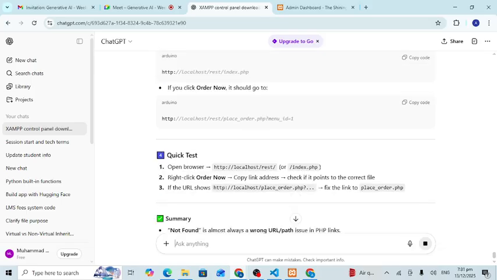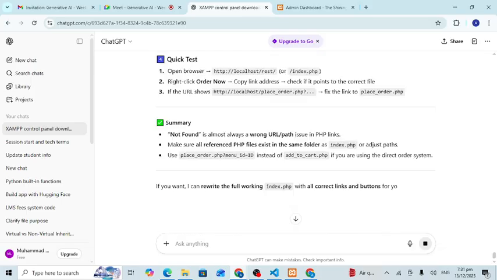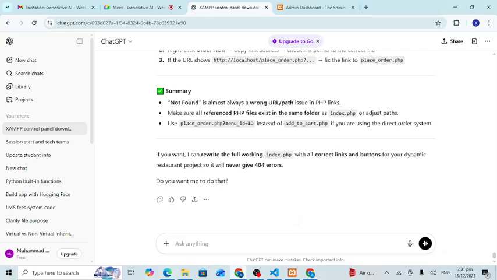Then you have to ask the same thing. Okay, yes, please rewrite the index.php because